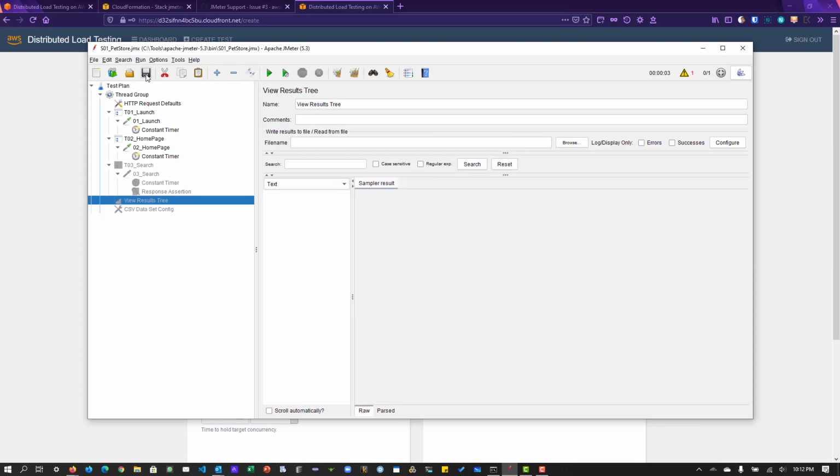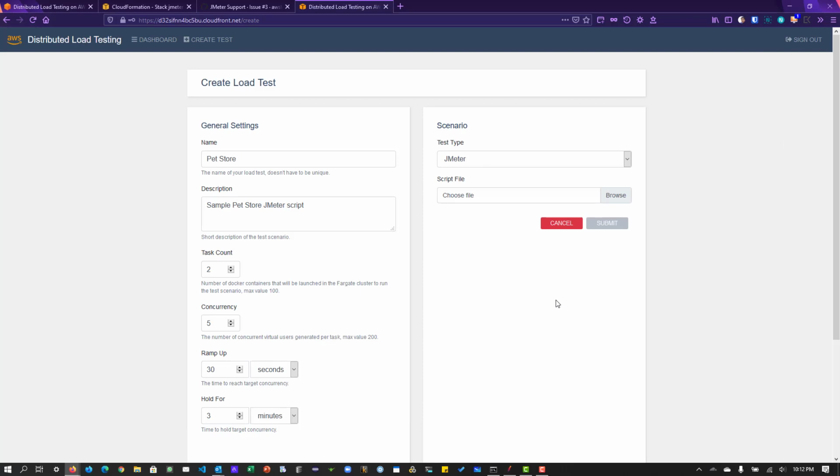So let us hit save, and to debug, we can just enable the view results tree and hit run, just to make sure everything is working fine. Everything is green, so we are good. So let me stop the test, disable this and hit save again, and go to the web console and click on browse,